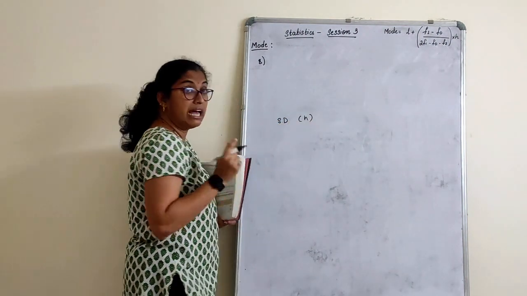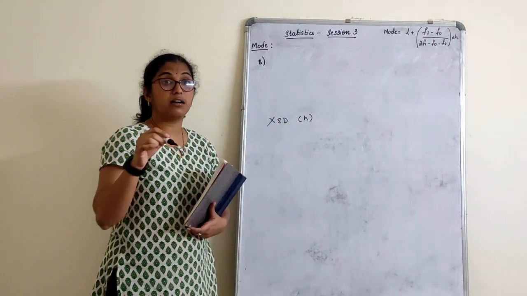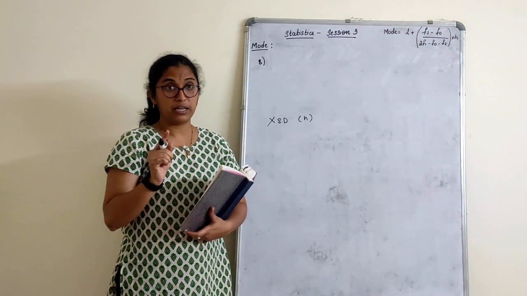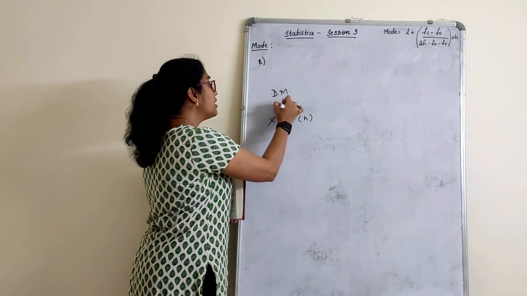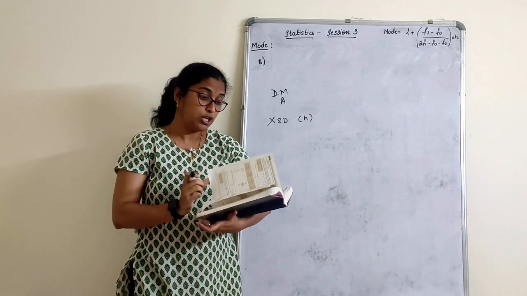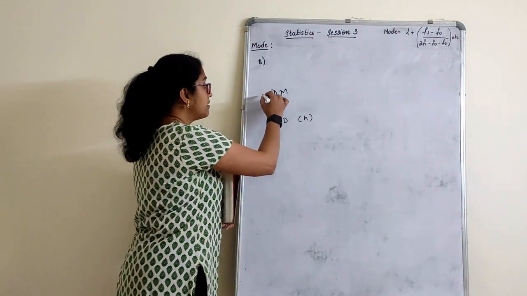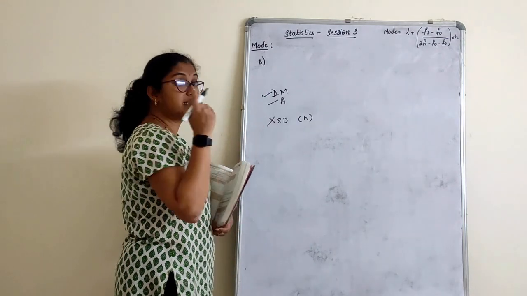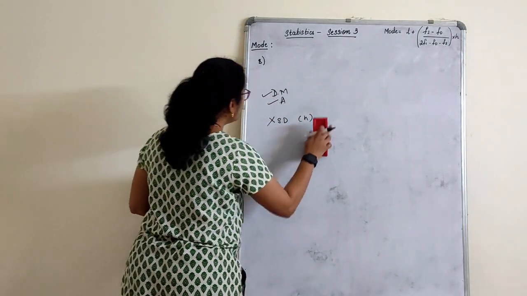H is used. That means, children, you cannot use the step deviation method for that particular sum where the class interval varies. Okay? You are supposed to use the direct method or assumed mean method, where the size of the class interval is not used. So in the assumed mean method, we do not use the size of the class interval. In the direct method, we do not use the size of the class interval. You can use those where there is a varying width of the class size. Yes? We'll continue with the mode now.